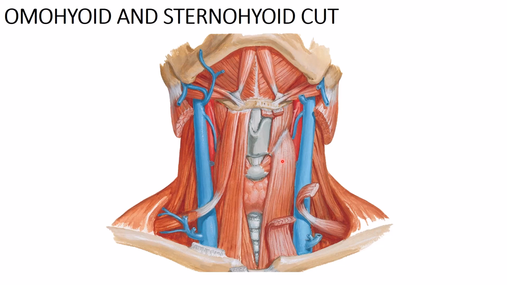Okay, in this photo, of course, we cut the sternocleidomastoid muscle. It's here. Okay, this is the mastoid process, and this is the sternocleidomastoid muscle. It's cut here, and this is the remnant of it. So, and below it, there must be the omohyoid muscle, but we cut it also. And here, the sternohyoid muscle, but we cut it. So now we have the thyrohyoid muscle, and sternothyroid muscle.